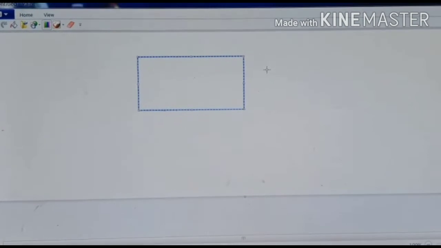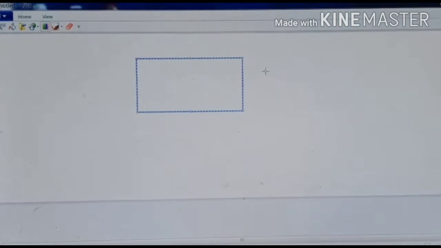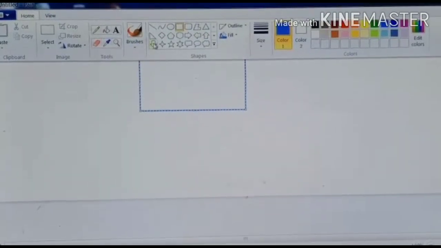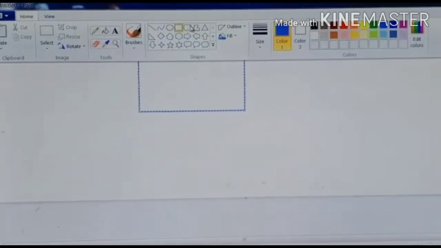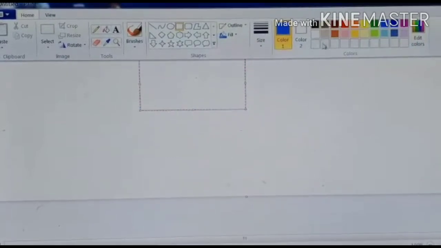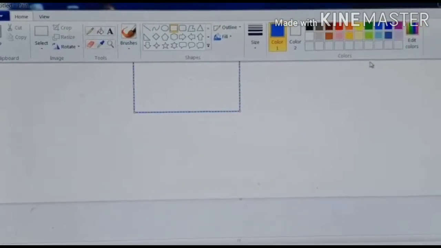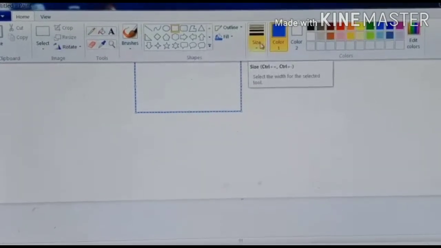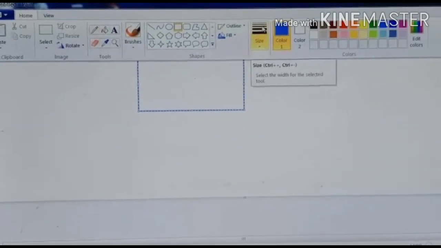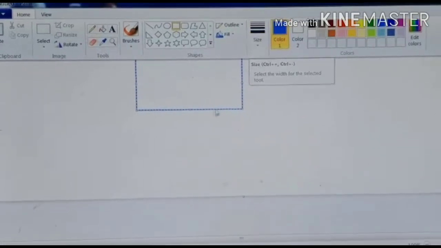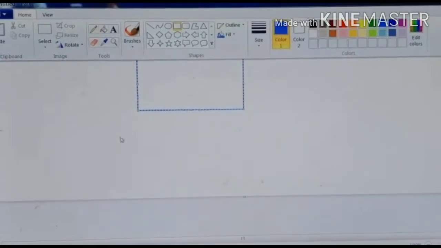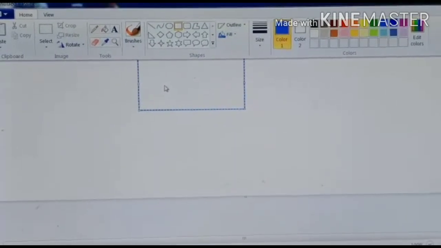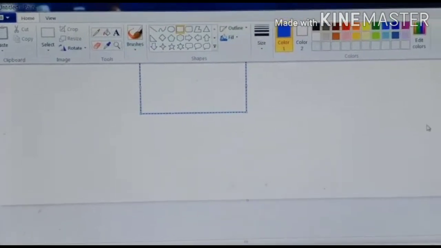For drawing any shape with the tools in the tool group, you just have to go to the home tab. You have to select the tool in the tool group. Then you have to select the color. You see, this is your tool group. You have to select whatever tool you want in the tool group. Now you have to select any color which you want from the color group, and select the size, line size, thickness, from the size group. Okay, and then again you will move the mouse pointer to the drawing area and drag the mouse, and that shape will be there on the monitor.